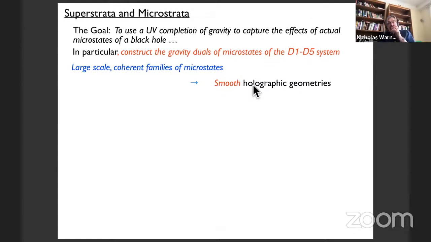So what in particular superstrata are, and microstate geometries in general, is the idea is you want to start off by looking for